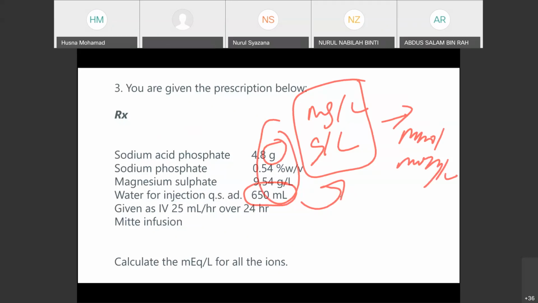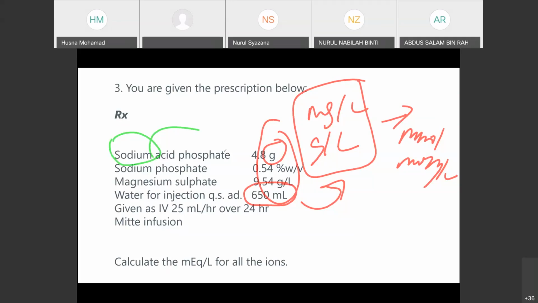Because the following things will be very, very simple. You just have to get to know the molecular weight and the valency. Another thing I want to ask you guys is the valency. As I said, you won't be given the valency, or the chemical equations or formula. So you need to know by heart that if sodium acid phosphate,